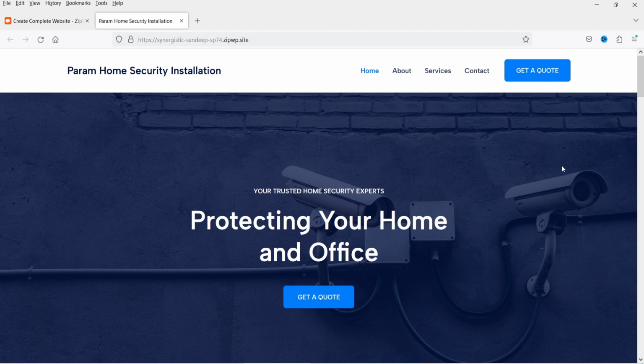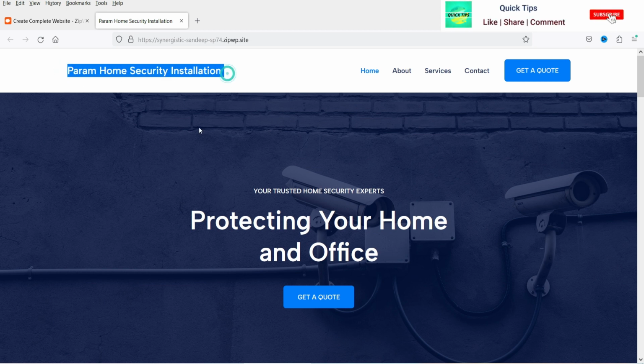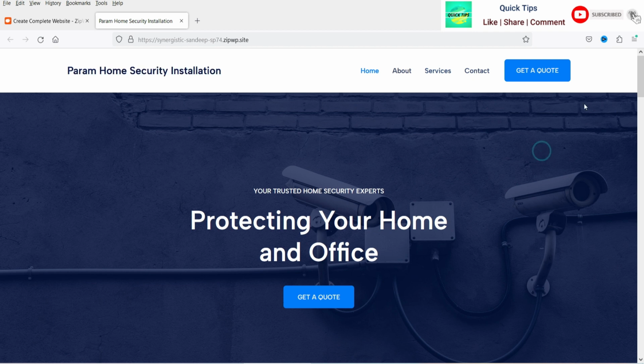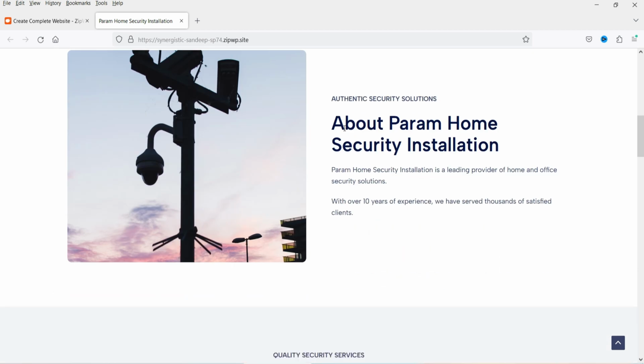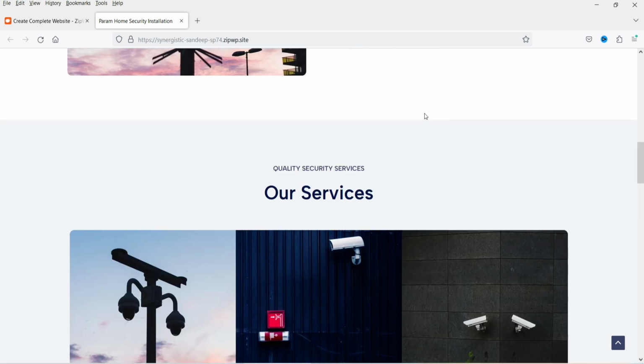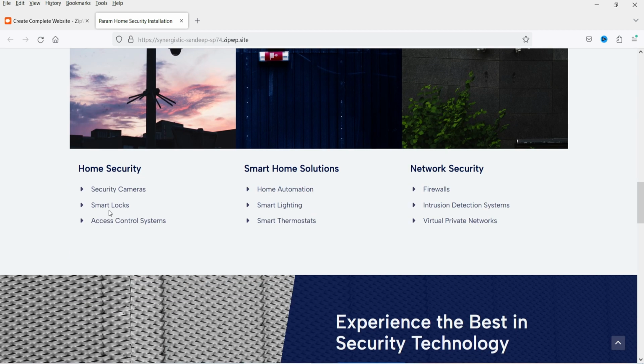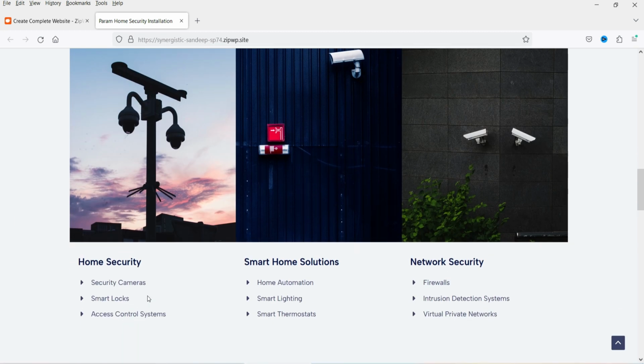And this is how the website will look. You will see the name of the website. You can customize this, you can change this, and you will see the color combination is blue and white. You will see the phone number here, some information about your business. It has used the image, and these are the services offered on this website: home security, smart home solution, network